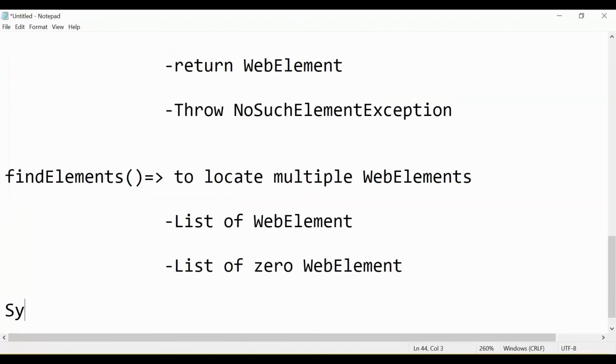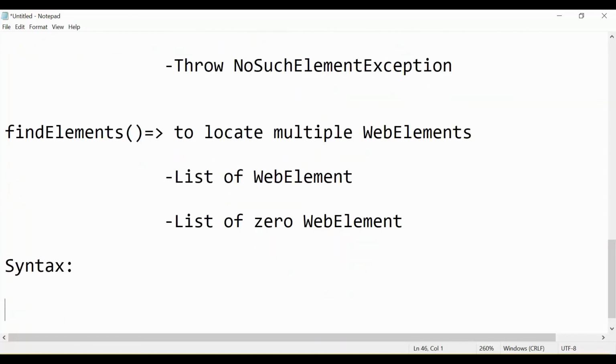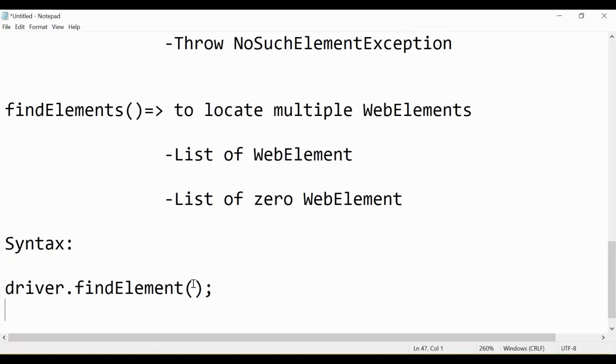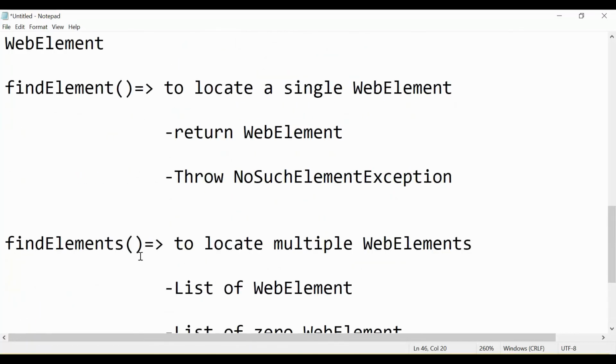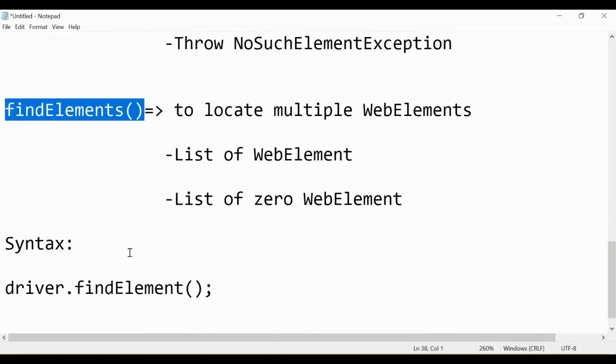So the syntax: first is driver dot find element. This is the method you need to call, and we need to provide something as an argument to these methods. Both of these methods need some argument.